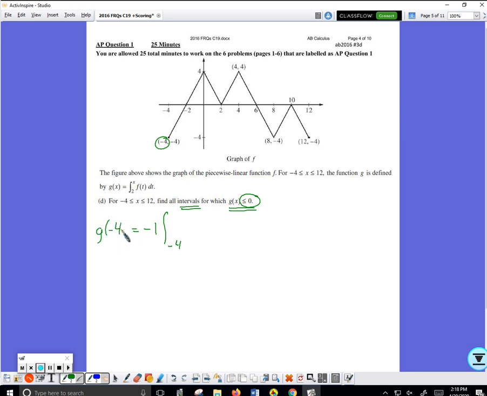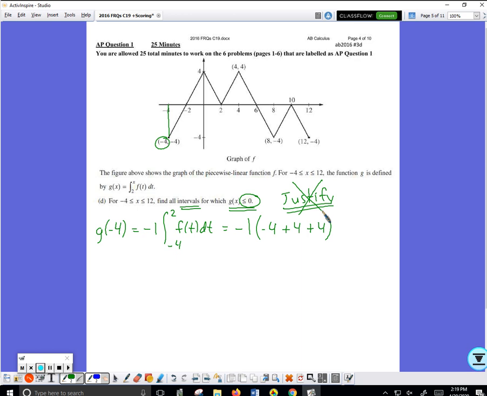I've already done that. And that ended up being this area. So here's f of t dt. So we have the -1 times -4, and then it was plus 4 plus 4 again. The good news about this problem is it doesn't say you have to justify, which means I don't have to show reasons,